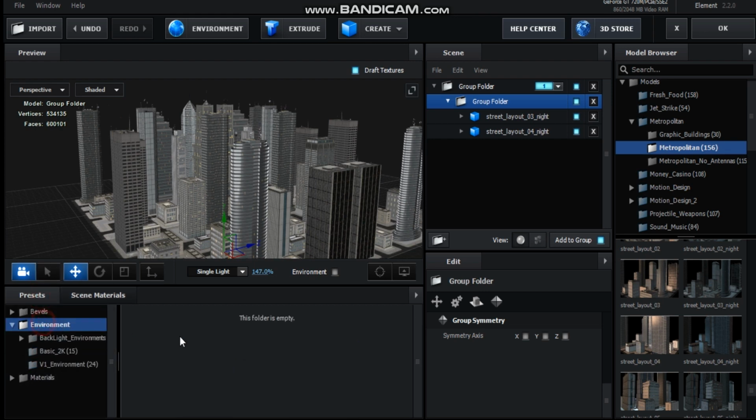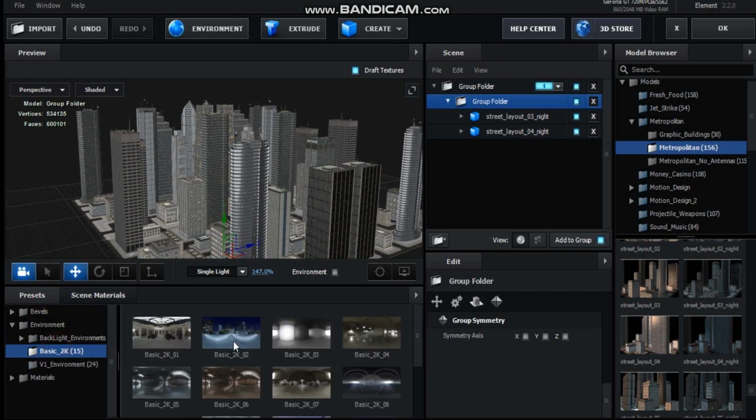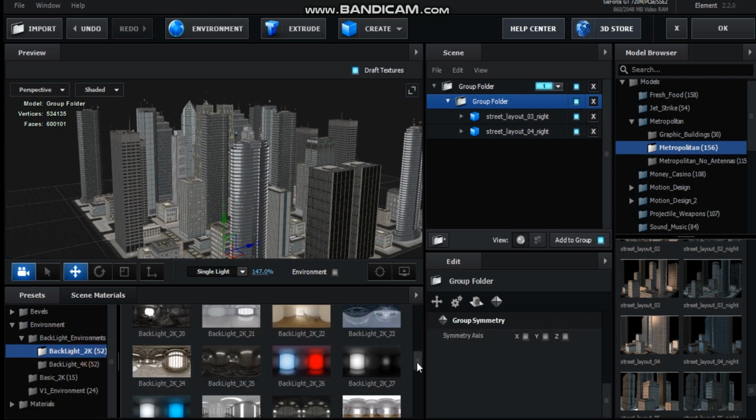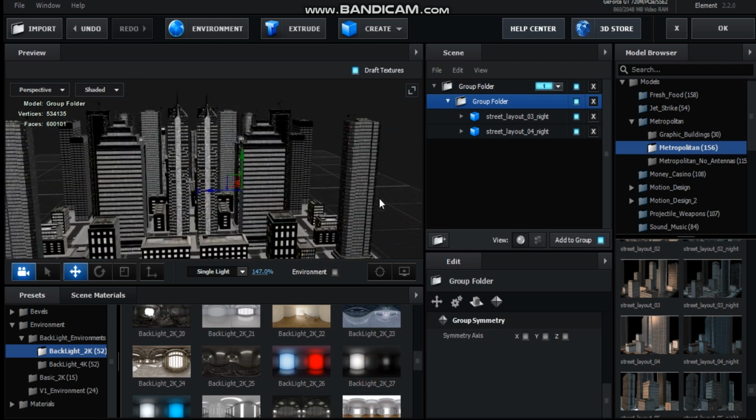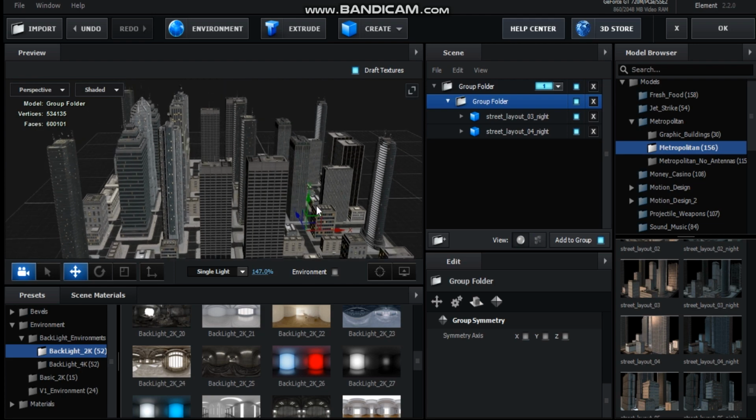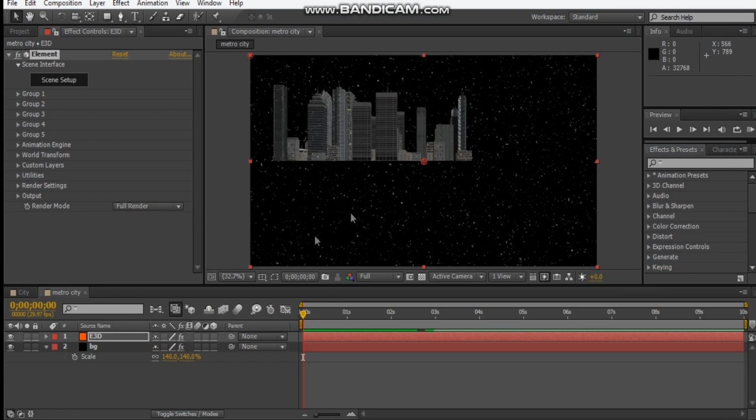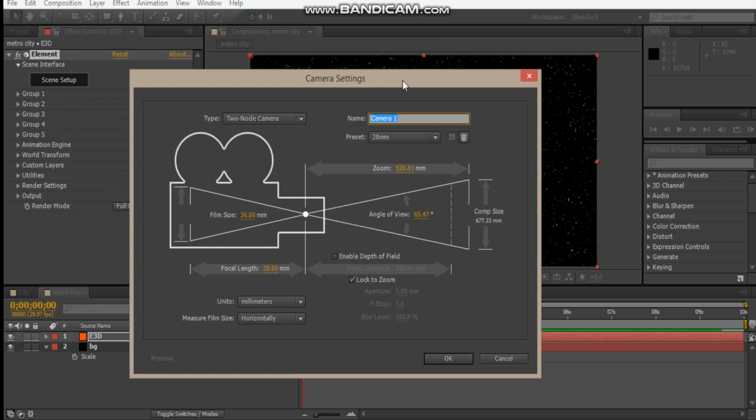And I think for the environment, I used number 27. I wanted to get a rich contrast between black and white. So yeah, that looks pretty good. And let's hit OK. Okay, so let's make a new camera. So Control Alt Shift C, and we wanted a wide camera, so we'll leave it as